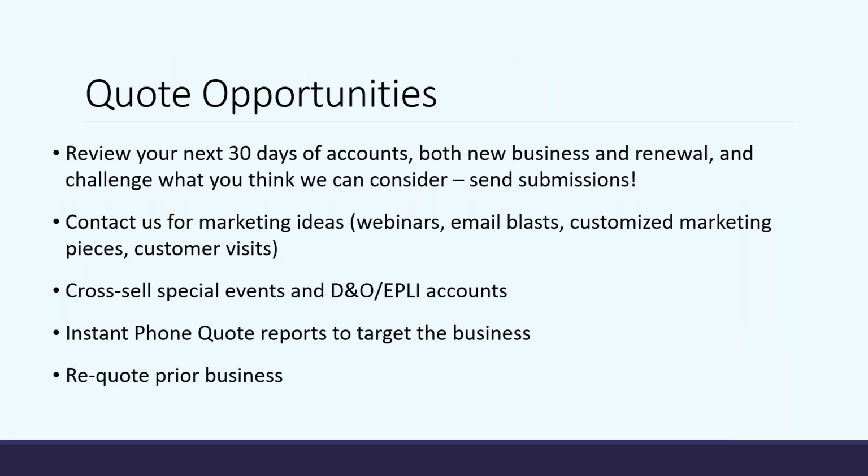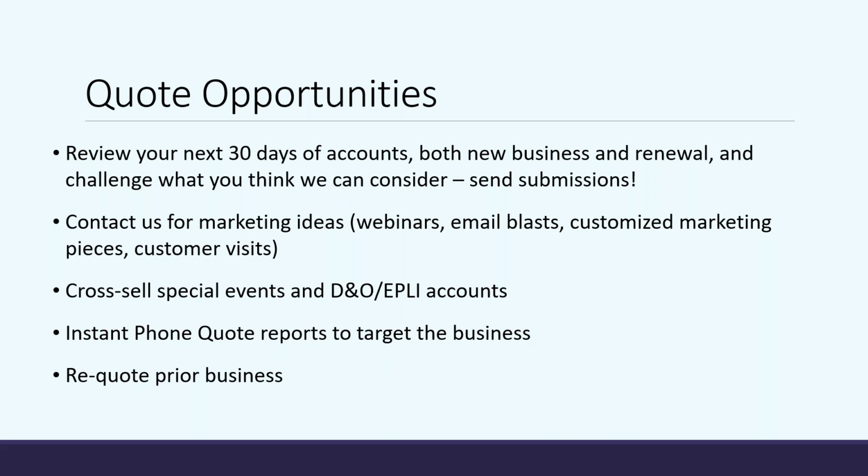So as far as what to do going forward, again, I kind of mentioned exactly what that looked like. Just take a look at your book. If you have anything that you think might fit under this product, or might fit under this class, just give CID a call. Send this over and see if USLI or one of their other carriers can take a look at it. Usually, again, it's going to take a little bit of time to understand the description of operations and programs on your end. But once we get that, USLI can turn this around the same day.